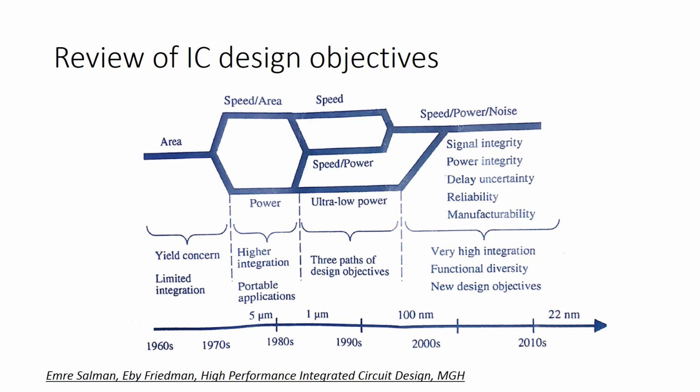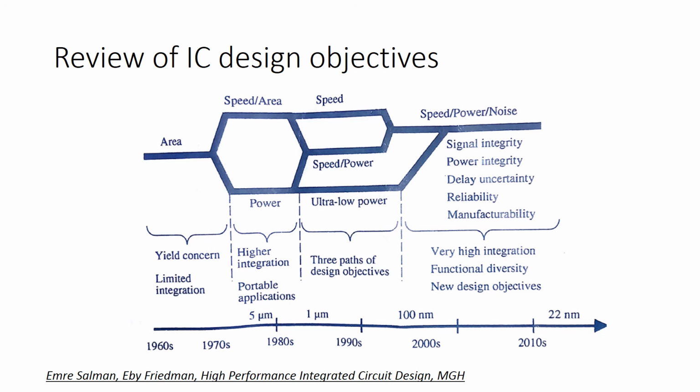After some 10 years, further improvements came. There the design goals, the goals with which designers are designing, split into two parts: speed and power, besides area. So people were designing for power, or sometimes for speed. There are now two types of designs: power aware or speed aware. And now integration has also increased. From small scale it is now large scale integration, so hundreds of devices are packed in a chip.